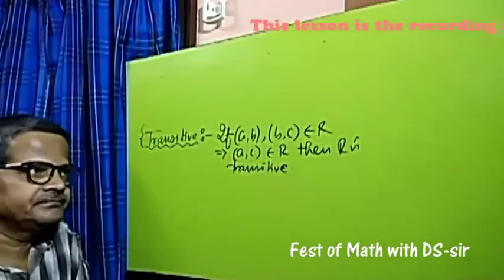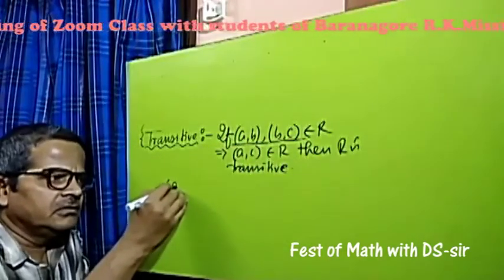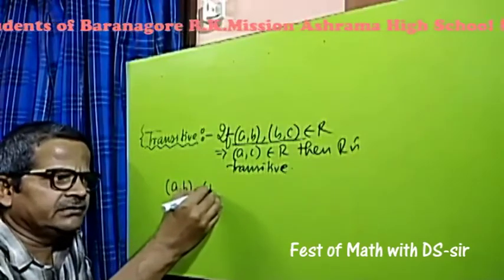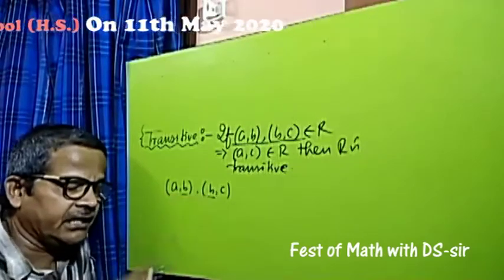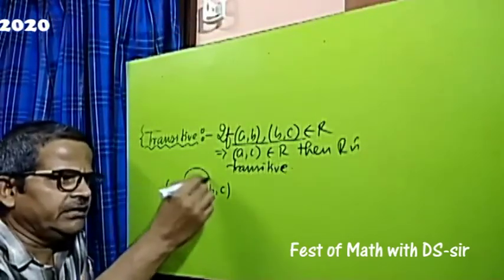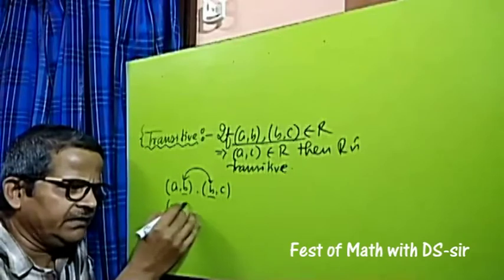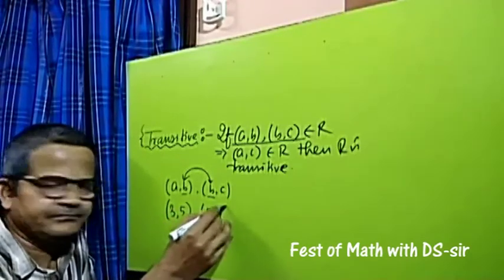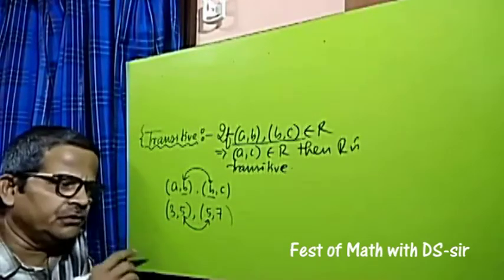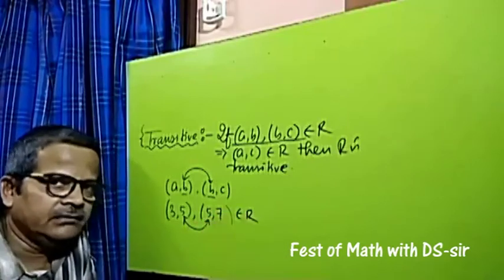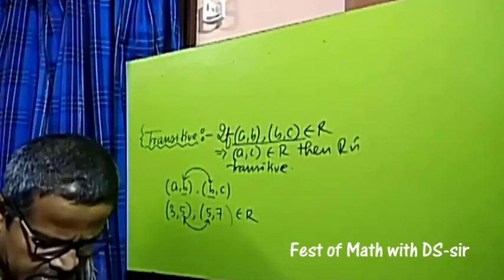R is transitive. Now, observe minutely. Look at the ordered pairs chosen. It ends with B and it starts with B, so these two elements are equal. For example, say (3, 5) and (5, 7). Now see, the 5s are equal. So if we observe that these two belong to R, then we have to find, after omitting these common